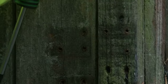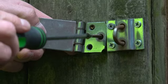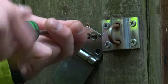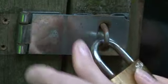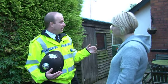Okay, Helen, I've just marked the holes. I'm going to re-screw this hasp and staple back on and fit that back for you. And then I would also recommend a stronger padlock. There you go. One thing that you haven't got though is some security lighting, and I would recommend